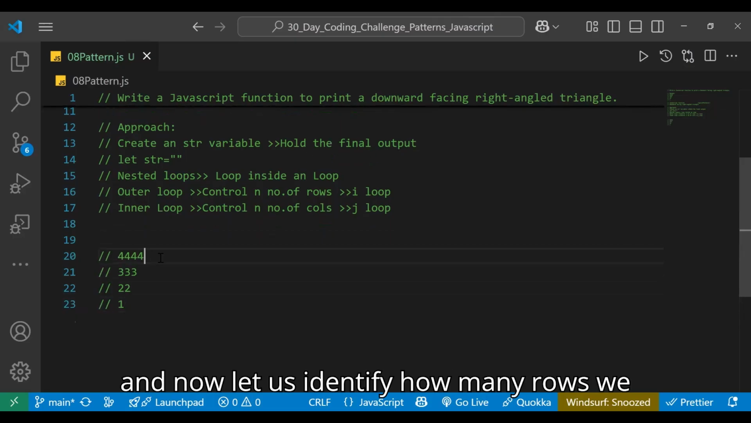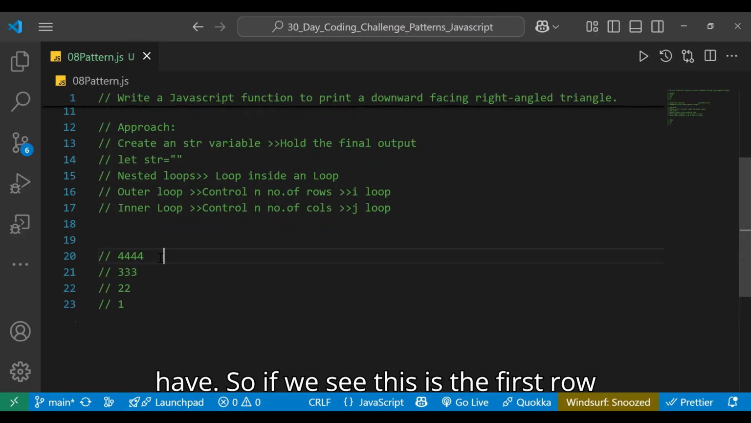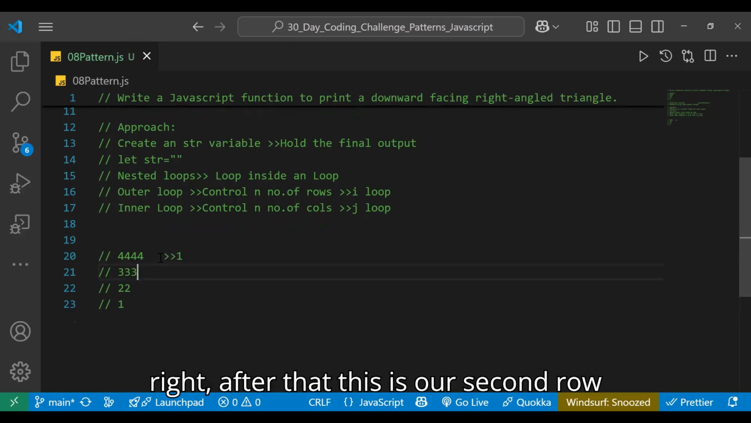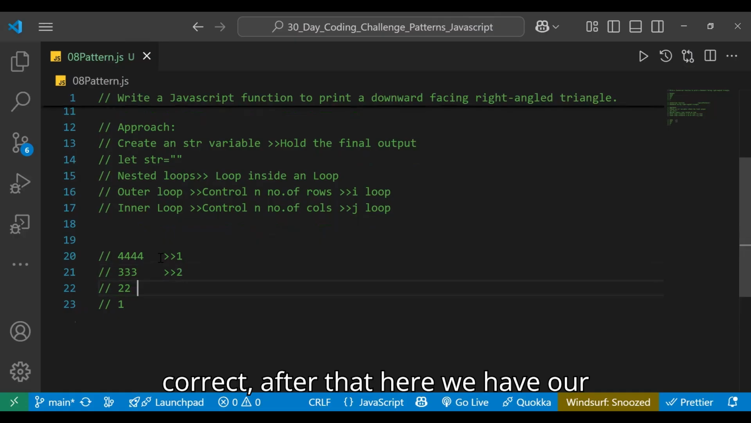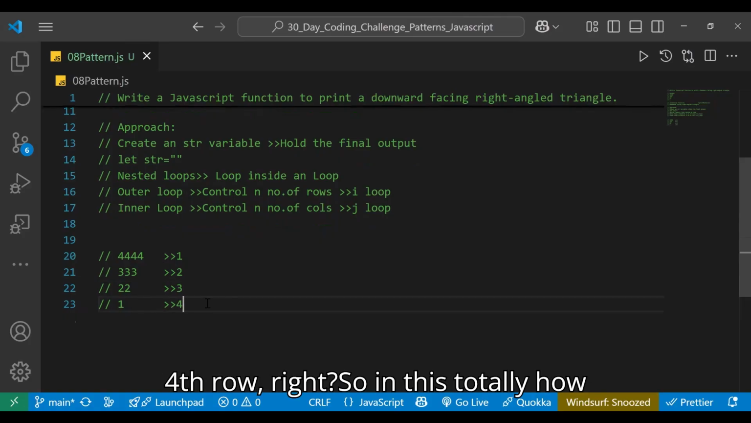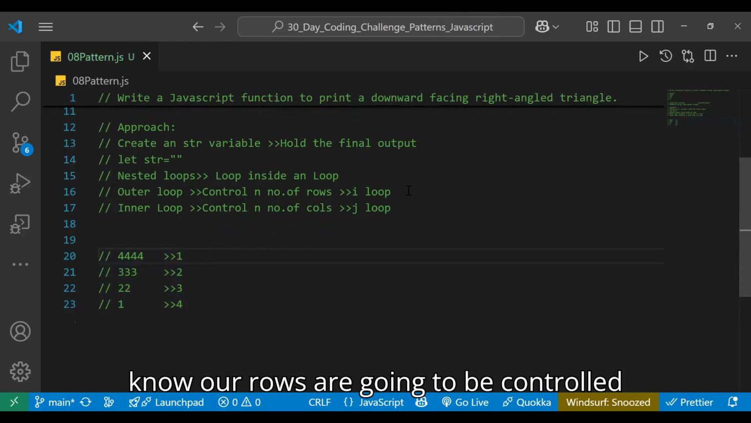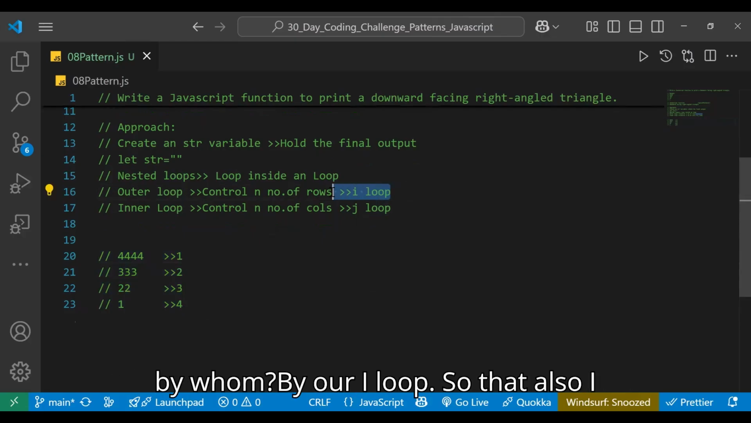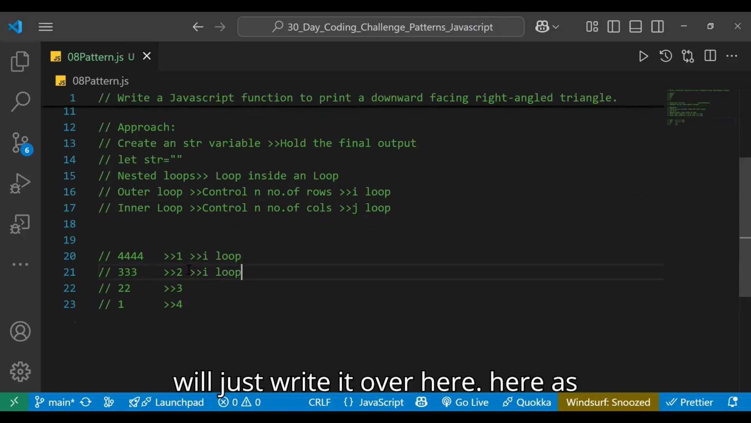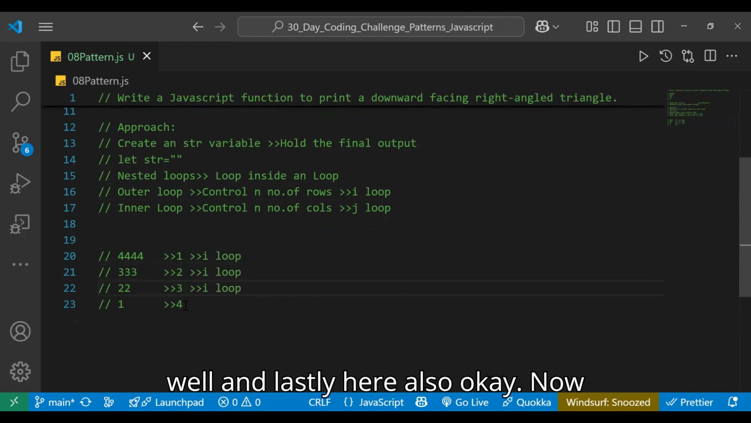And now let us identify how many rows we have. So if we see, this is the first row, right? After that, this is our second row, correct? After that, here we have our third row, and after this we have our fourth row, right? So in this totally how many rows we have? We have 4 rows, and we know our rows are going to be controlled by whom? By our i loop. So that also I will just write it over here, here as well,